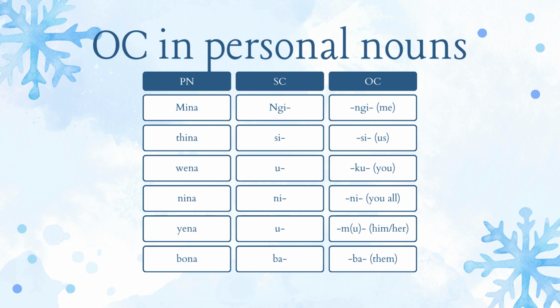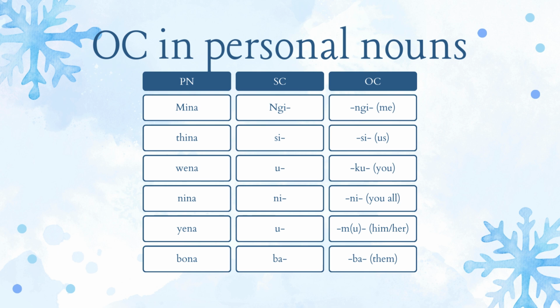Okay, I guess sibheke-ke. Again, la kunethebula lakhona. There is a table that actually has the object concords of the personal nouns. So, mina, I mean me. Mina, ngi is a subject concord. Object concord is ngi. For example, mina ngithanda i-apple. That's a sentence. Mina, I, ngithanda, ngi is a subject concord for mina in a sentence. Then I say ngithanda, and then I put the object, which is i-apple.